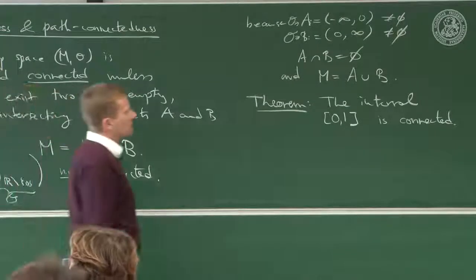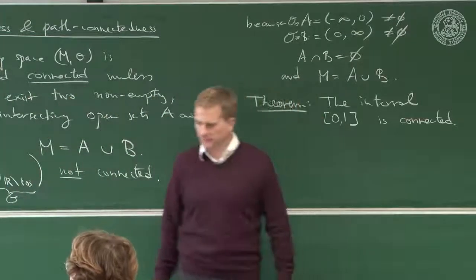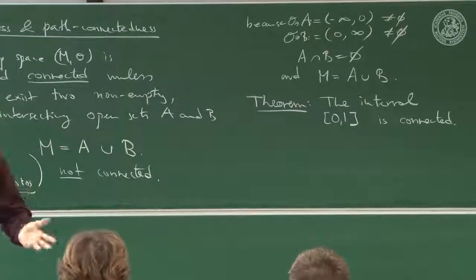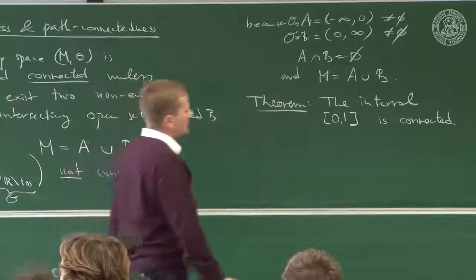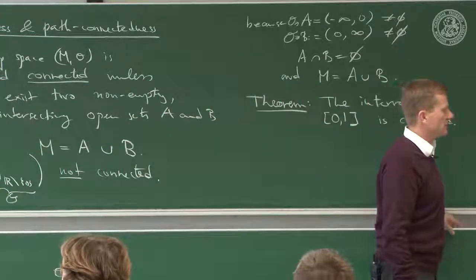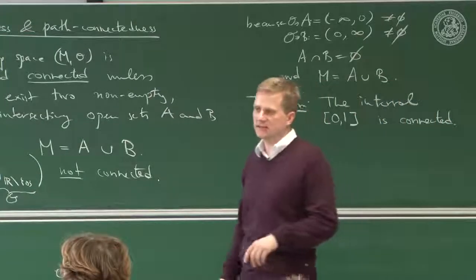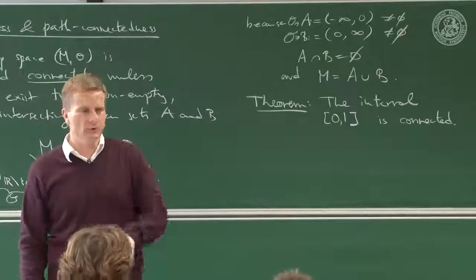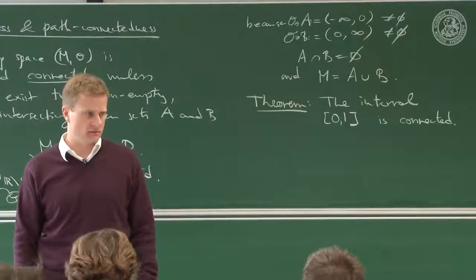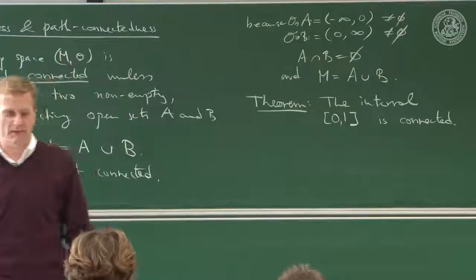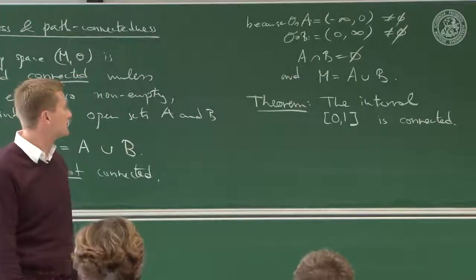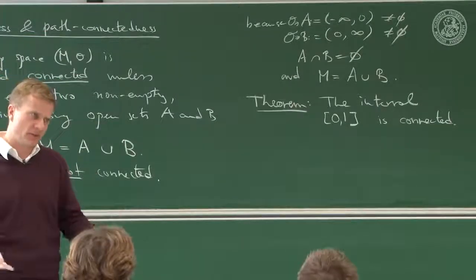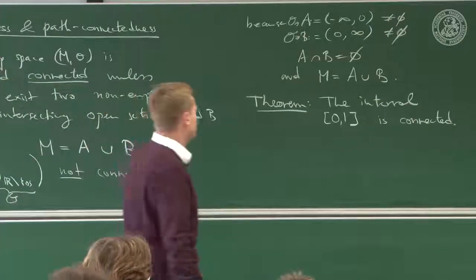Now, one of the aspects of looking only at connected parts of your space is that a rather weird property of topological spaces, namely that you can have sets that are both open and closed at the same time, is removed on such connected pieces, on connected topological spaces, or on individual building blocks if the space is not connected. Of course, not for the empty set and the entire set, because that is always open and closed. But we have the theorem,